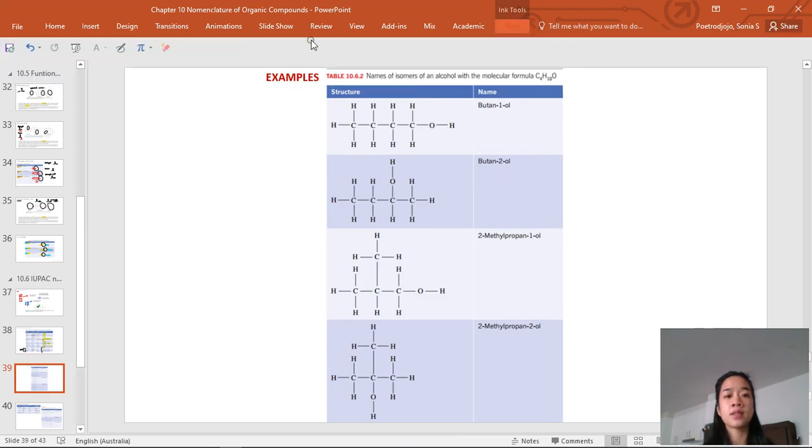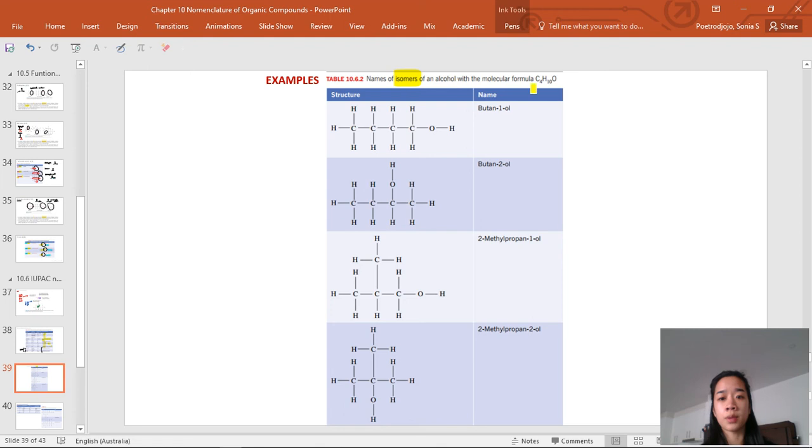These are isomers of an alcohol with the molecular formula C4H10O, and we can see how they're isomers. In the first one, the functional group is here, in the second one it's here. So immediately I know that this is primary because it's on the terminal carbon. This one's secondary because the carbon is attached to two other carbons. This one's tertiary